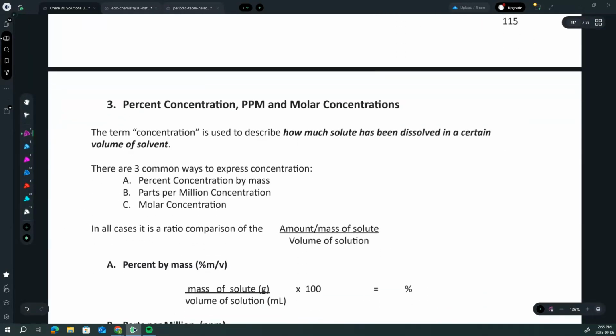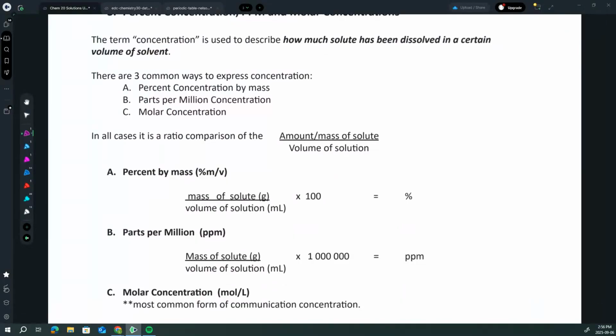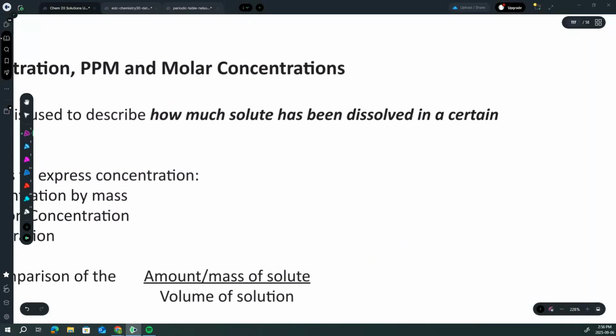Okay. So the term concentration is just used to describe how much solute has been dissolved in a certain volume of solvent. And like I said, there's three common ways to express concentration: percent concentration by mass, parts per million, and molar concentration. There's also a couple more outside of what we'll be talking about just down below here, and those are percent mass by mass,